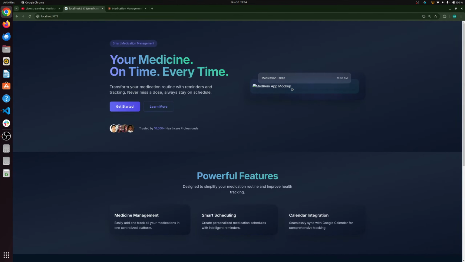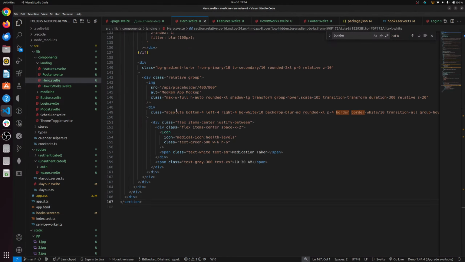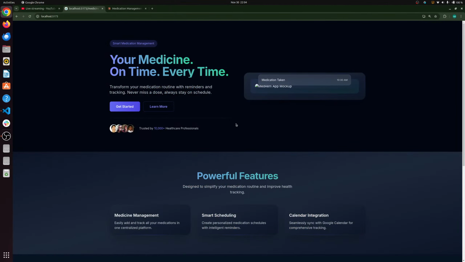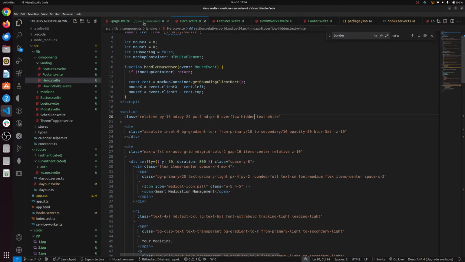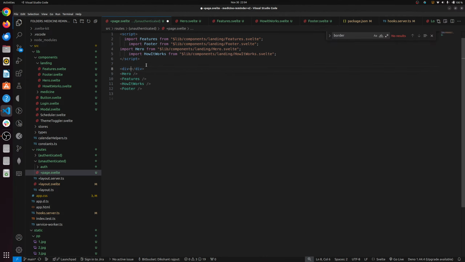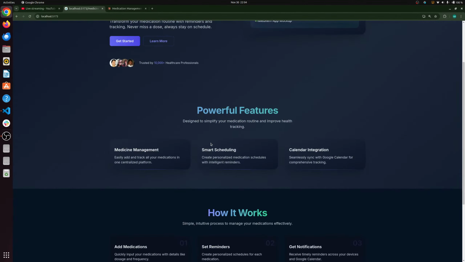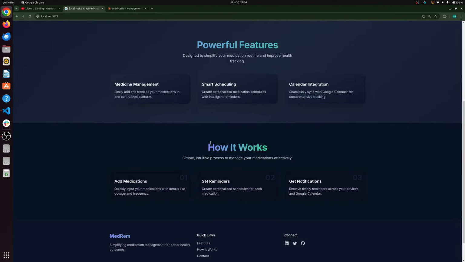So let's do one thing. Let's just remove the gradient from hero as well. This is the gradient part, I guess. Yes. Okay, I have removed the gradient. You know what, I will just add a div around all this, and let me add gradient to the complete site. Features also, I need to remove the gradient part. So you see now it is looking much better,